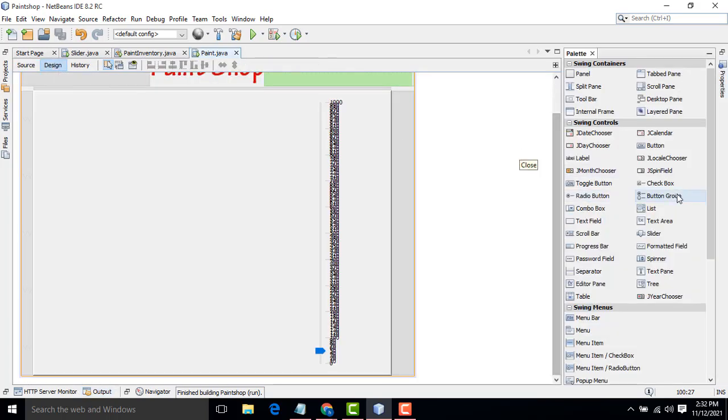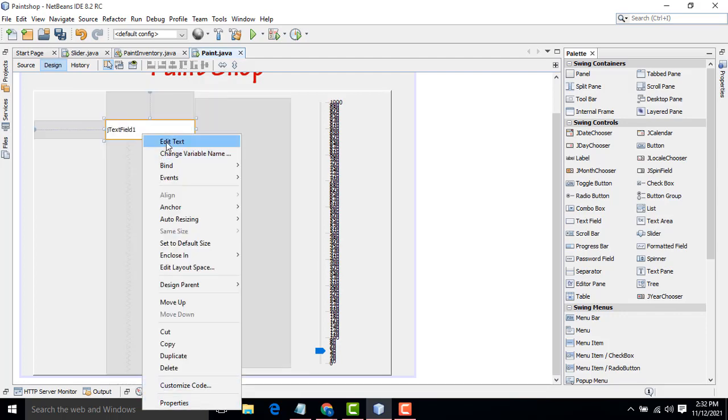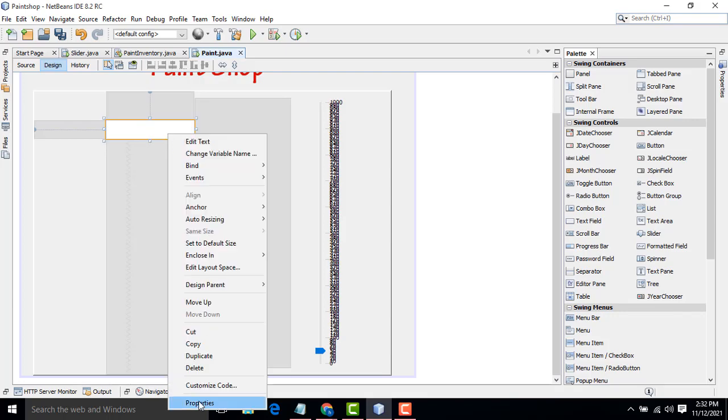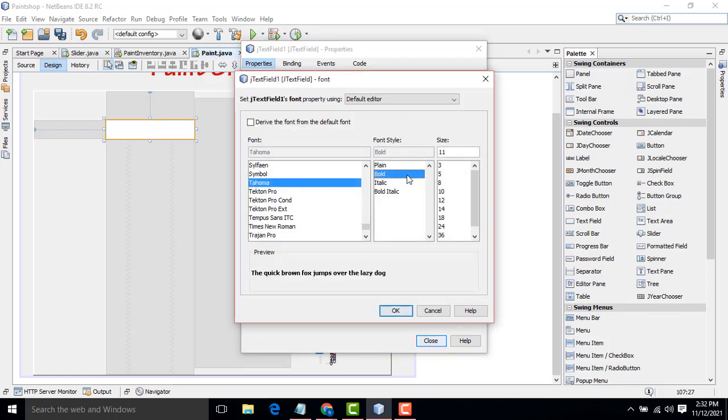Now I need a text field. I just drag and drop the text fields. One text field. I am going to drag it. Right click, edit text, backspace, remove the text, select again, properties. We have a font. We have to increase it a little bit bigger, 14.